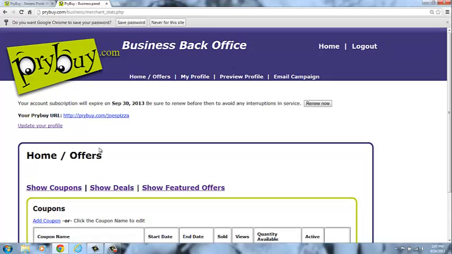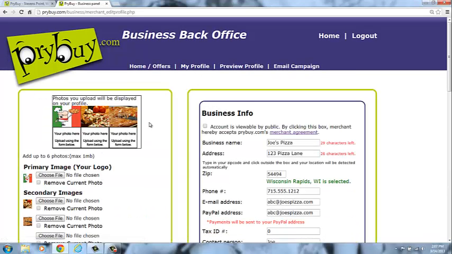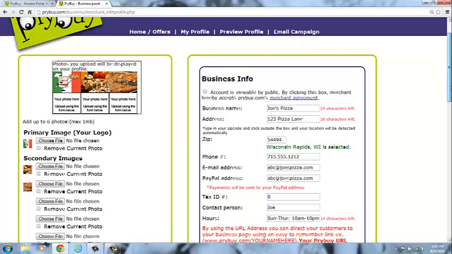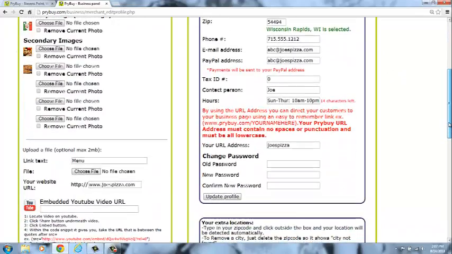After logging in, you will see 4 tabs at the top of the page: Home/Offers, My Profile, Preview Profile, and Email Campaign. I'm going to start by first clicking on the My Profile tab, which takes me to the template for your page. As you can see, I created this sample account to show you and explain how to fill in the